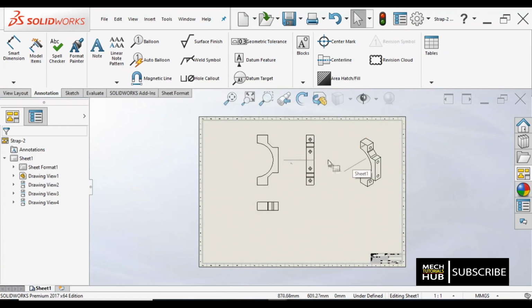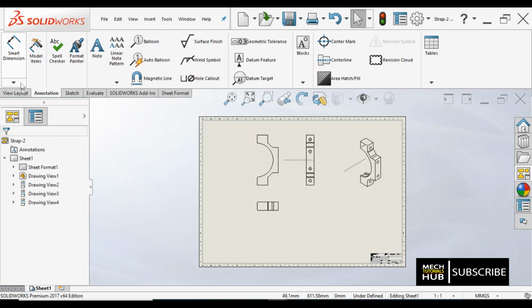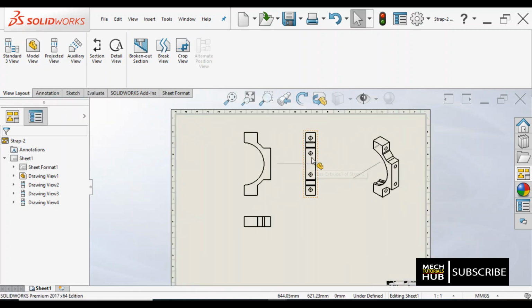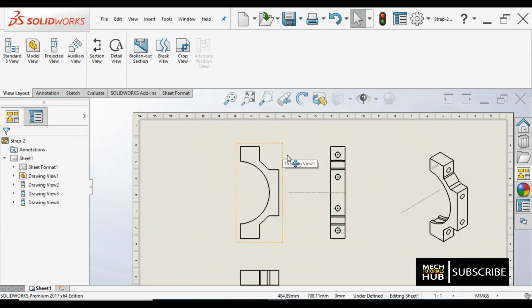This is one way of getting into the 3D views, where you can place all the 2D views of a 3D model. One more way is through part drawing, where you can go to Drawing. After getting into drawing, go to this particular View Layout, and here you find Projected Views or Model Views. That you can also do. This is how we get into drafting or a drawing sheet.